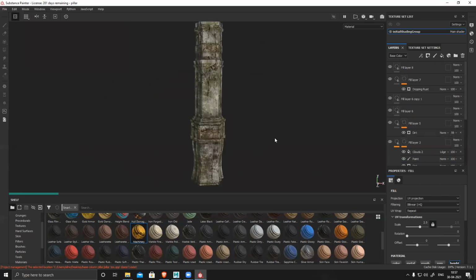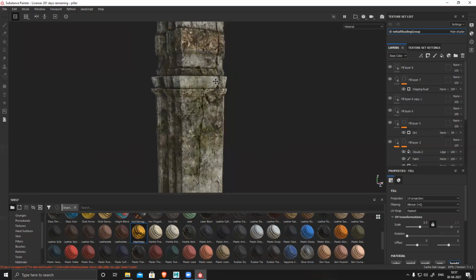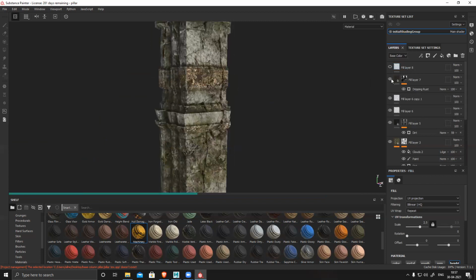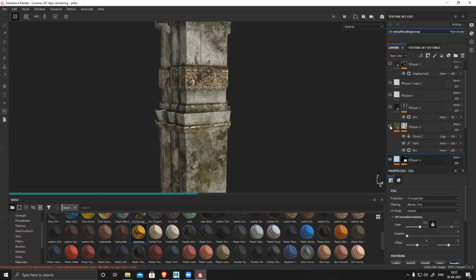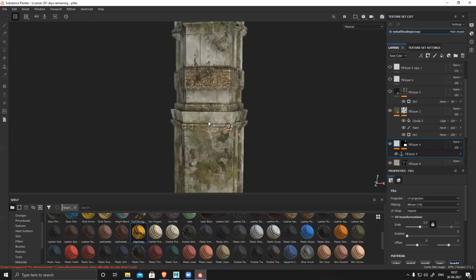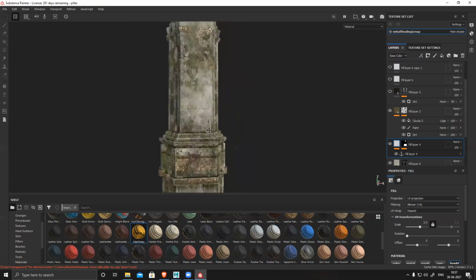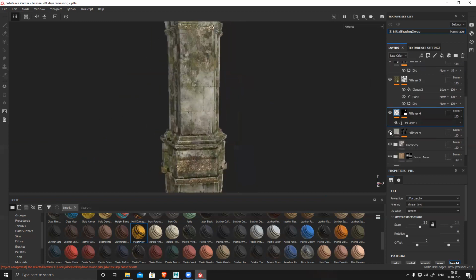I'll show you something. You can see all these layers. It's just like Photoshop. I switch a couple of things, and you can see all the details are coming from separate layers. It's very easy, and generating texture becomes very convenient.